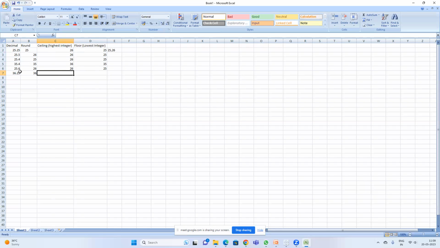No, we need to take the highest integer. So basically, it will be 36 or 37. In round off, it will take based on the mathematical calculation. Ceiling will take the highest integer every time, and floor will take the lowest integer, 36. Okay, so this we can use